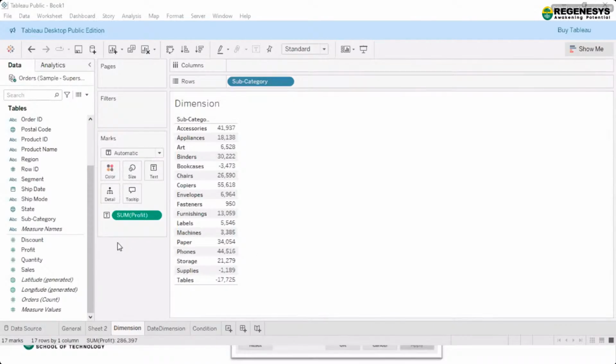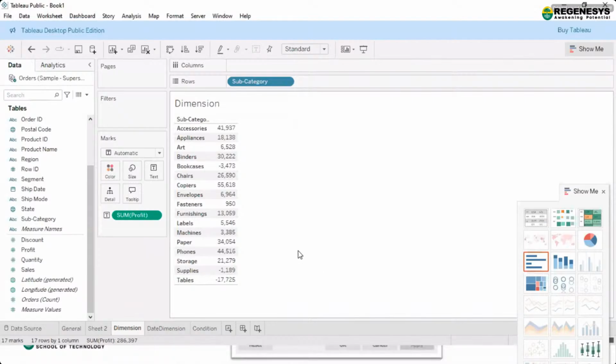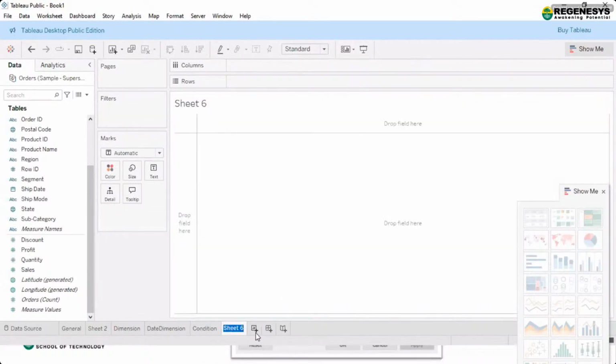Okay, so this is something which we have done with the dimensions. Now, going ahead, the next that we have is the measures. The last one we have the measures. So here, let's say I am taking for measures. Now in measures, I have right now these four things, right?